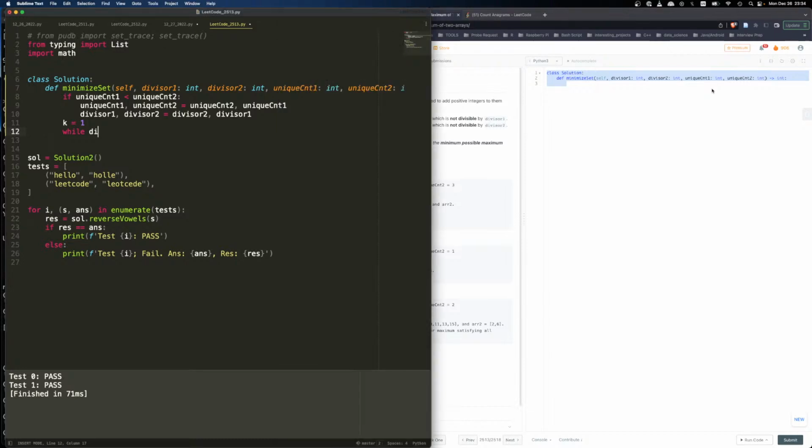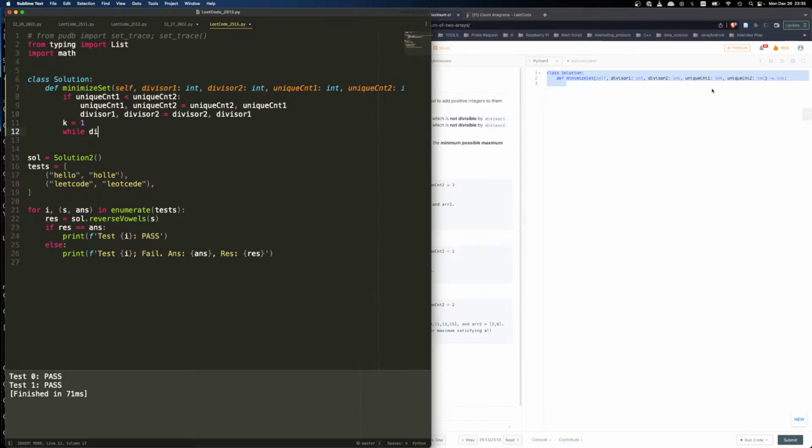Hold on, we have a divisor, right? We have a divisor 1, and then each time for each count, we can do divisor 1 minus 1 number. So right, so this multiplied by k. Okay, how many do we take? We need to do a div mod of this and count. Right, which means just count